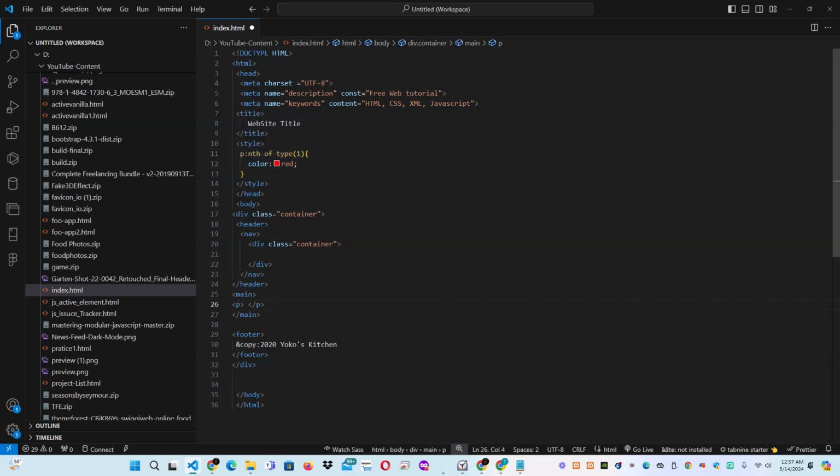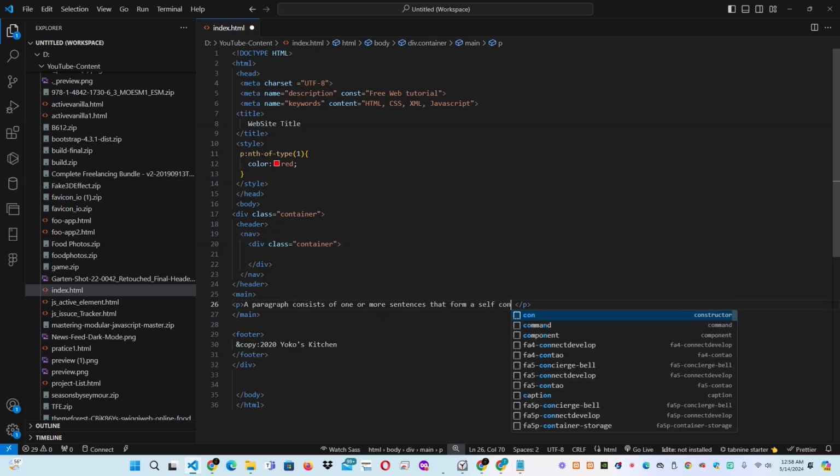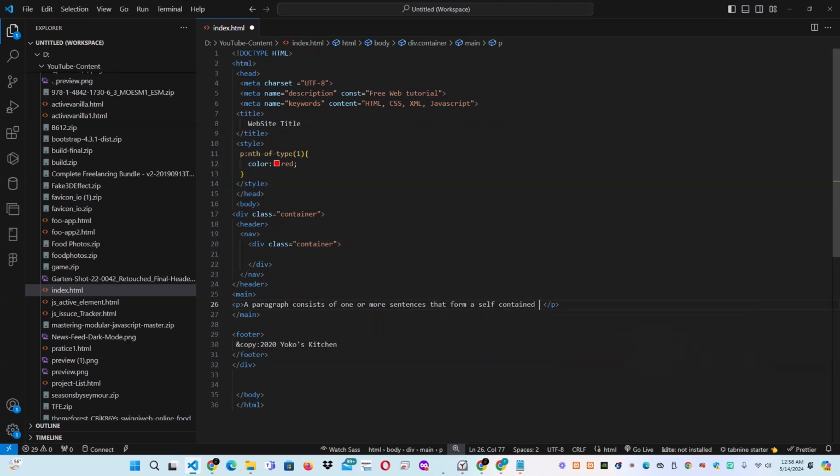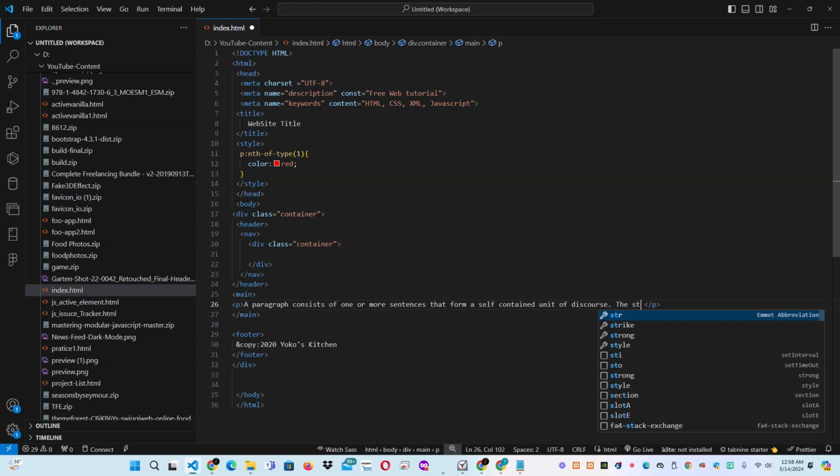I did some styling. If you look at the video, you'll see some styling. Say p info type 1 is selecting the first paragraph. Yes, you could use CSS to style the p tag, and you could also use JavaScript to control it. The p tag